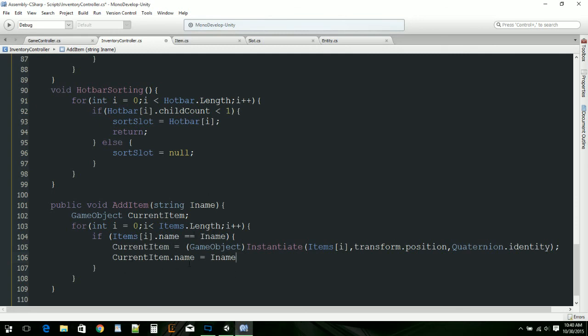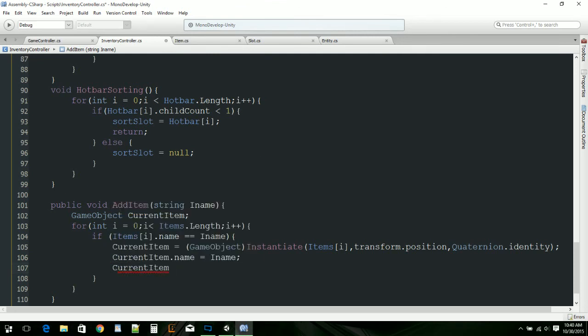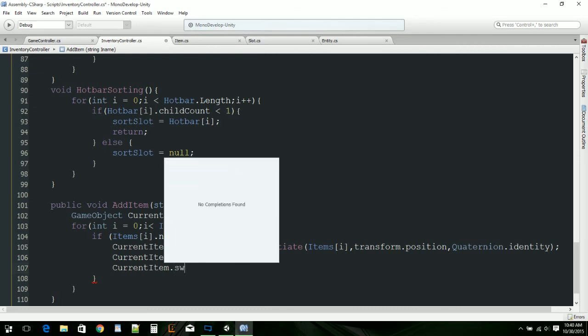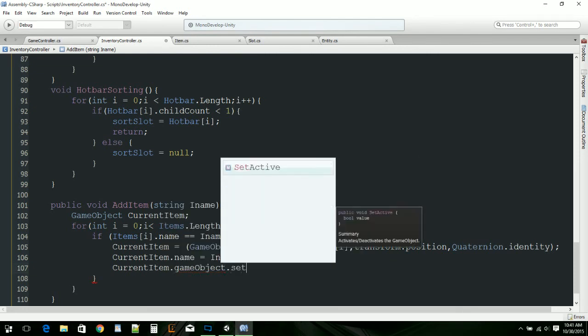So that's why we're taking this name right here that we get without the clone and setting this object to that name. So after that, oh, we need to end it. There we go. So after that, what we need to do is we need to set the current item, not set parent, actually game object dot set parent,